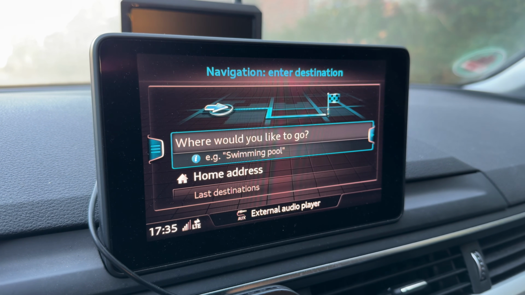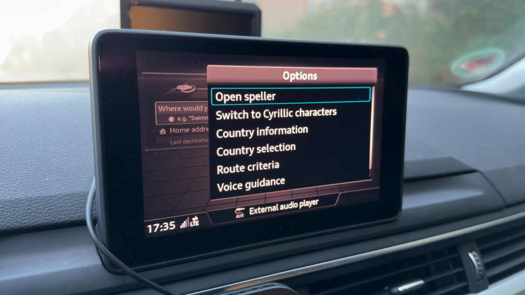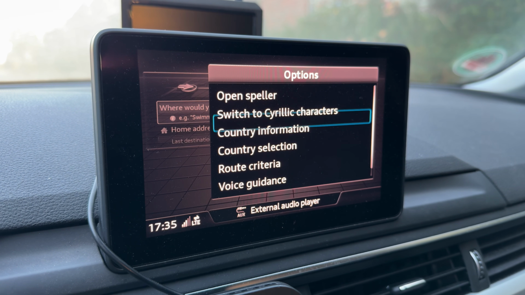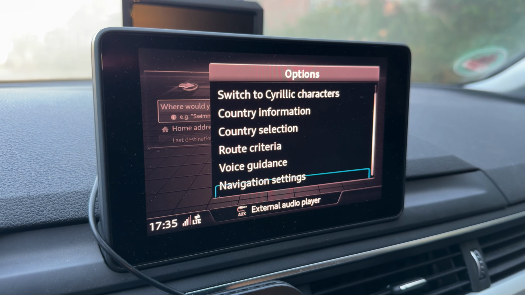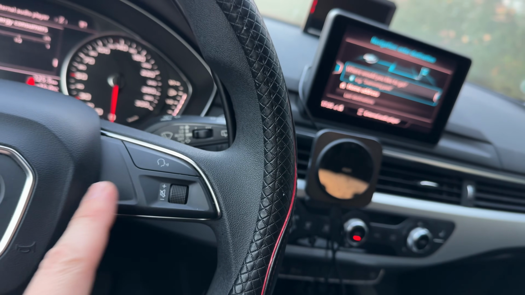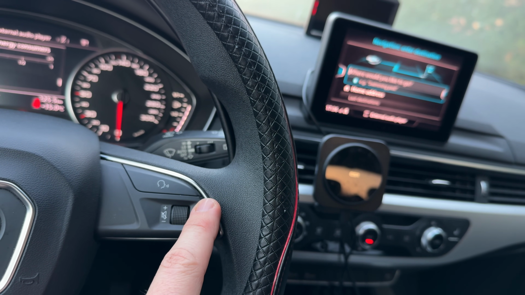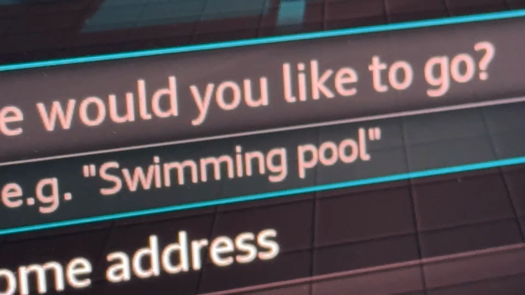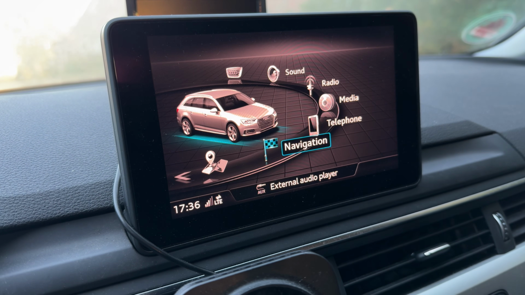So you can have a good and nice navigation. You can use the speller, switch to Cyrillic characters, country information, country selection, and so on are possible to program there. Of course, you can use the voice to navigate if you like. So that's the navigation.